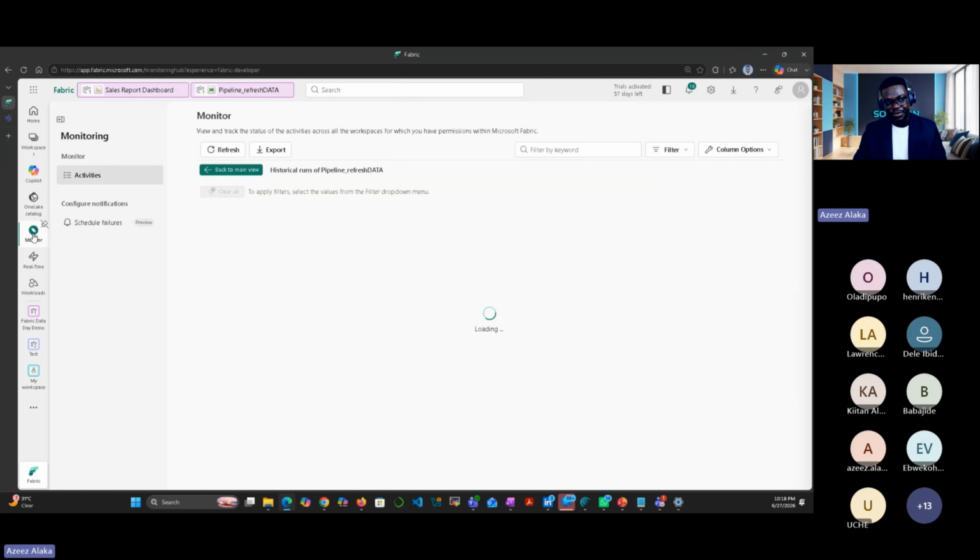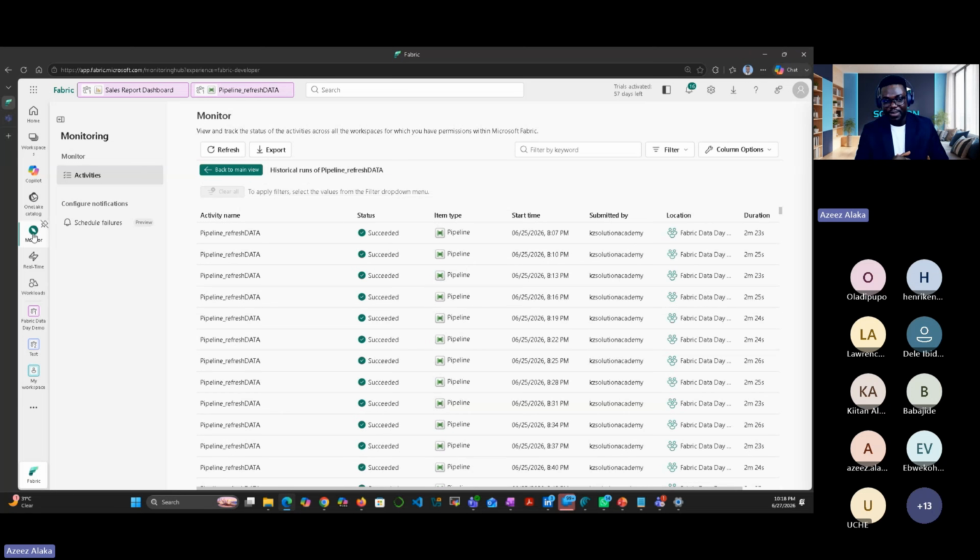So we have Monitor here. What does it do? Monitor monitors all your jobs. For instance, you run a Spark job, or this is a pipeline job. If you remember what we did now, you fill a form, and at the end of the day, you are able to see the update on a visualization, a dashboard. There is a job running underground. This is the job. Can you see the job? I actually scheduled this job. This is the time taken for it to run, 2 minutes, 23 seconds.